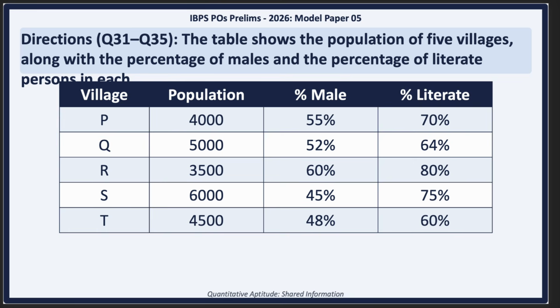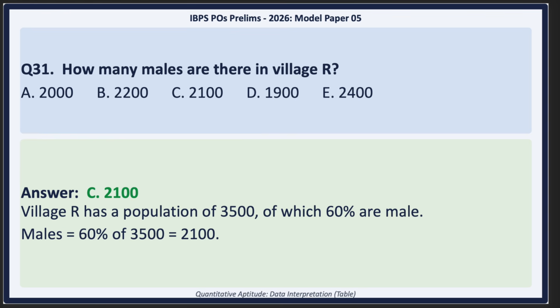So when question 31 asks for the number of males in village R, we don't look at the whole pantry. We just go directly to the R shelf. Exactly. You just grab what you need. The population there is 3,500 and 60% are male. But even here, doing long multiplication on scratch paper is a trap, isn't it? Oh, massive trap. Don't multiply 3,500 by 0.6 on your paper. Chunk it. I mean, 50% is half, right? So that's 1,750. Okay. And then 10% is just dropping a zero, so 350. Add 1,750 and 350 in your head, and you get 2,100. You save crucial seconds. Wow.